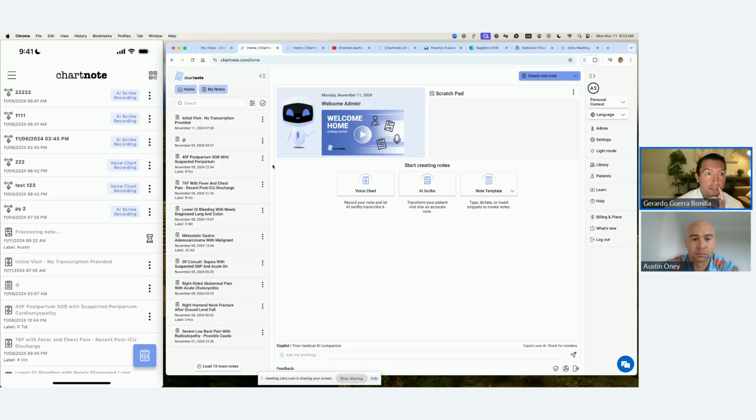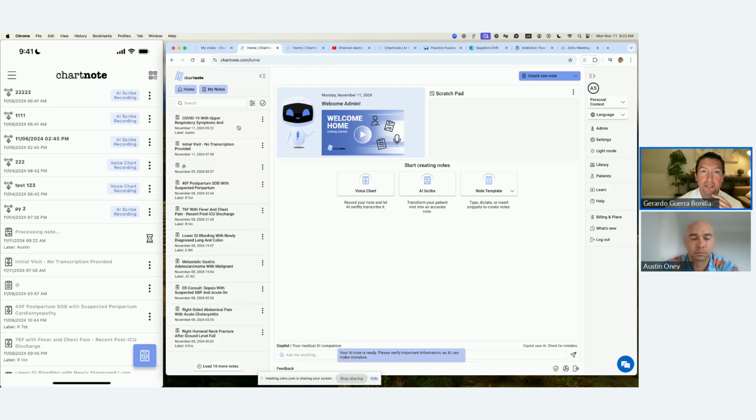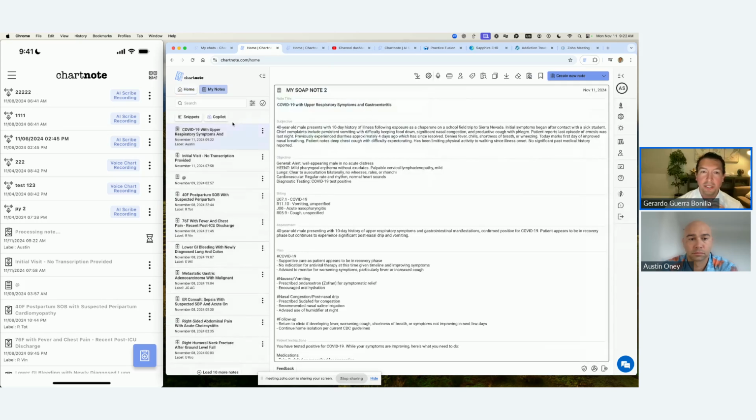Let's see. It should start automatically. Well, I'm gonna use refresh. Oh well, that's there. Usually you see this automatically. You'll see an hourglass icon indicating that it's processing your note. But anyway,